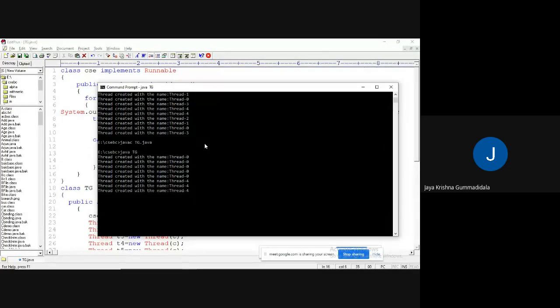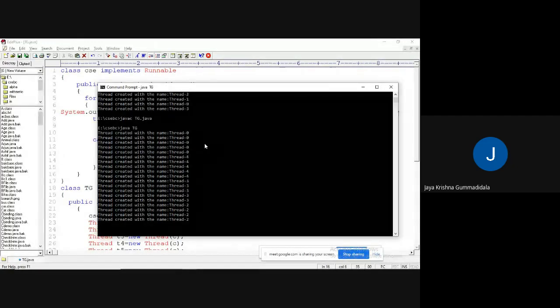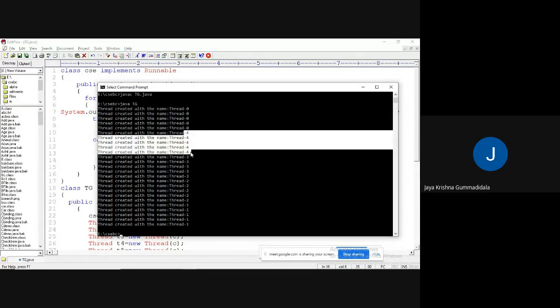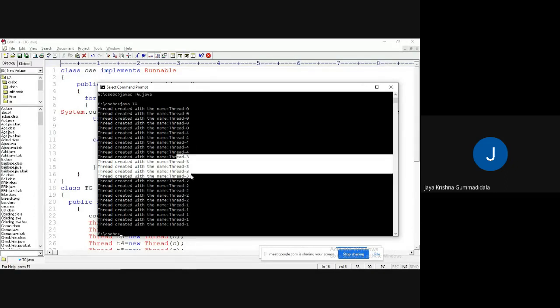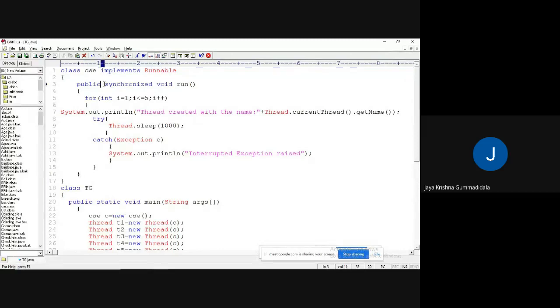Now next we got thread 4's chance, thread 5, thread 3, sorry, thread 2, thread 1. So this is the concept of synchronization. See, observe what happened after completion of T1. After completion of T1, then only some other thread gets a chance. That is T4. After completion of T4, then only somebody will get a chance like that. So this is the concept of synchronization.